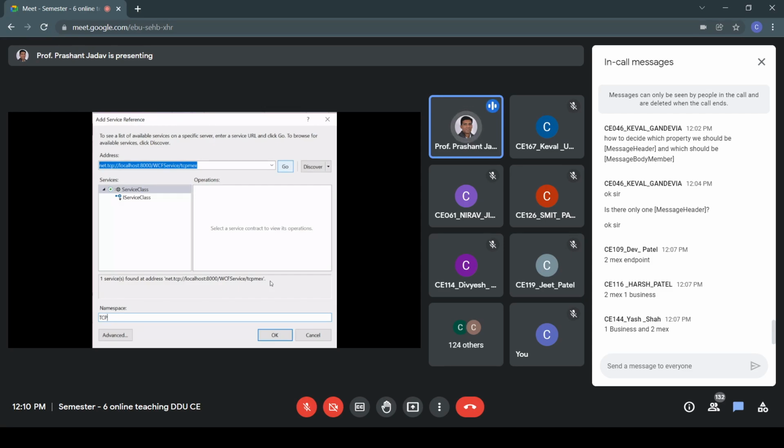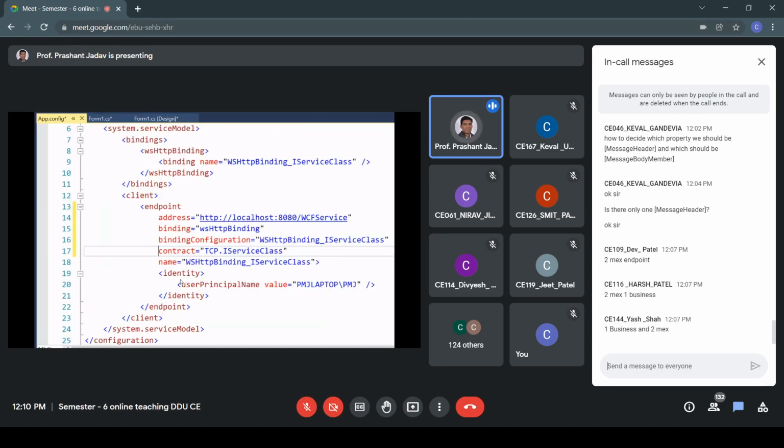It will read the endpoints from the metadata, identify the endpoints created or defined on the service side. Accordingly, it will create the app.config file. So this is the app.config file generated by this add service reference utility. We'll see that it has automatically found the address on which the service is running, the binding it uses